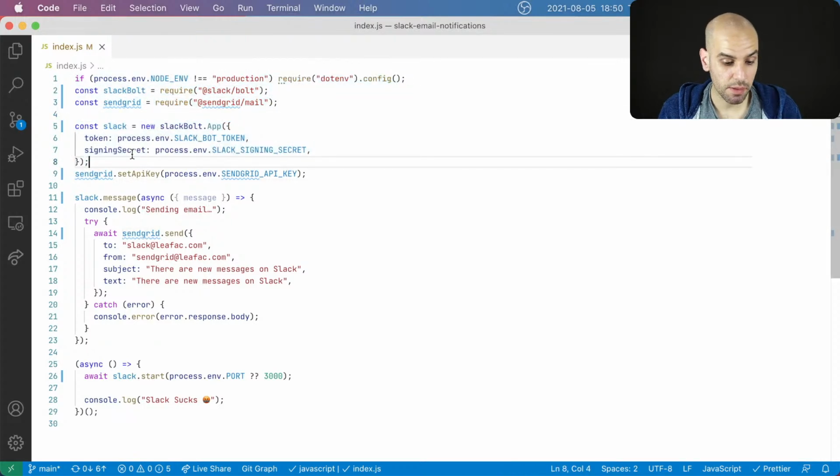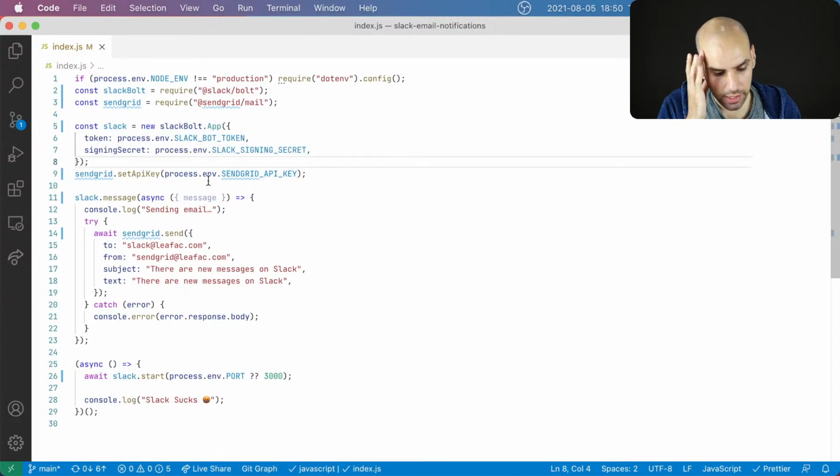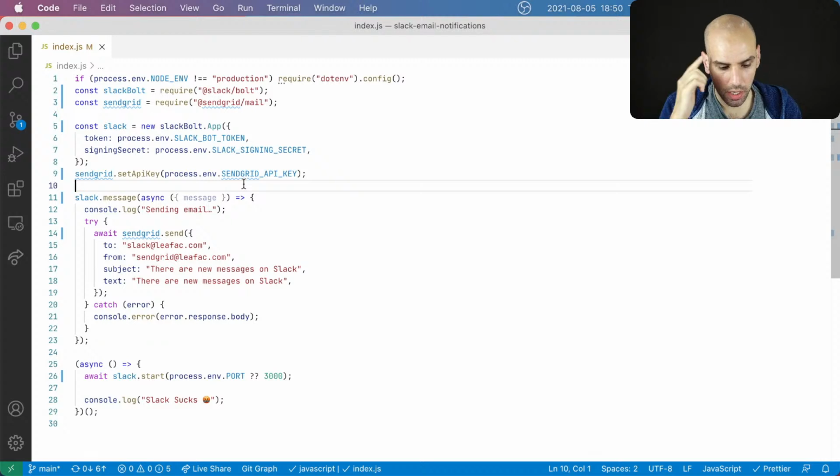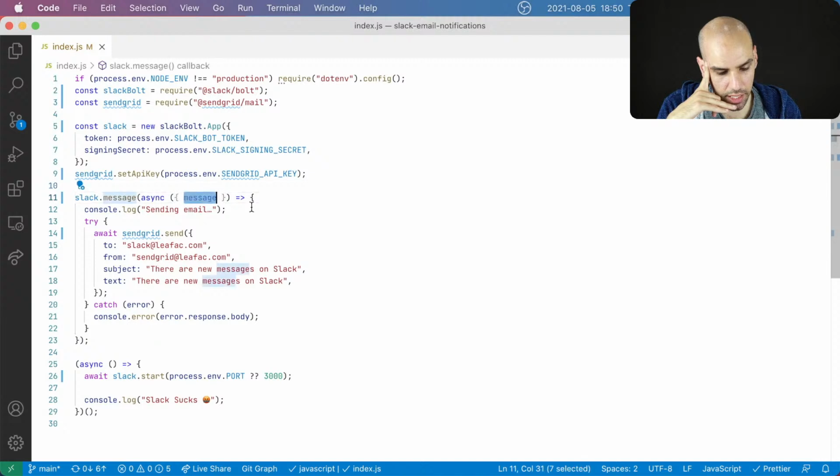So we are essentially passing on the keys, the API keys that I should have kept secret, but I accidentally showed on the stream again, and I'm going to recreate. I think I only showed this one, so that's the one I'm going to recreate. And then some SendGrid API key, which I showed how to get last time. It's not too hard. And then when we get a message from Slack,